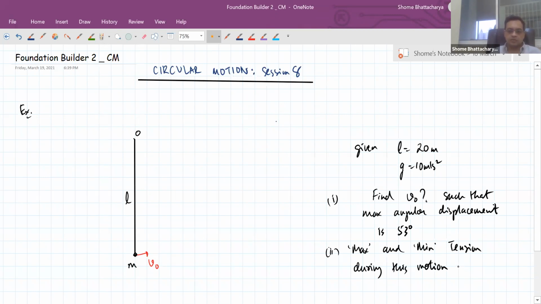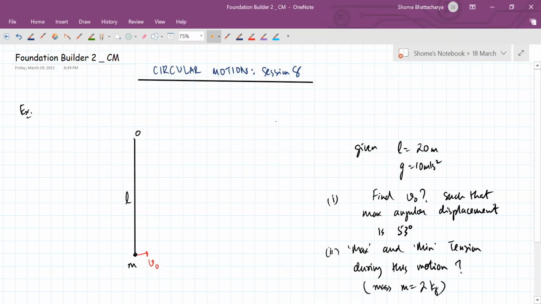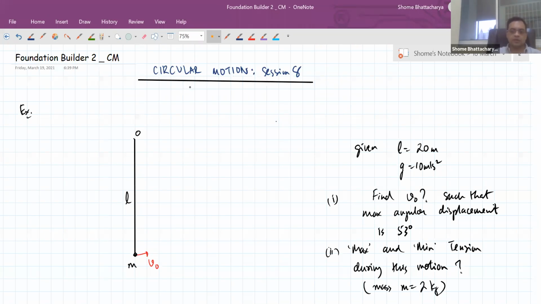Okay. So, and for this part now, it is also given to us that the mass of the particle is 2 kilograms. For the tension, we'll require the mass also. So just try to make the diagram and understand what all equations you require for this. Just to give you a hint, obviously you will make the free body diagram, and comparing the free body diagram with the initial point with the maximum angular displacement point will give you one set of equations, and the other thing is you will compare the initial point with the maximum displacement point by work energy theorem also.